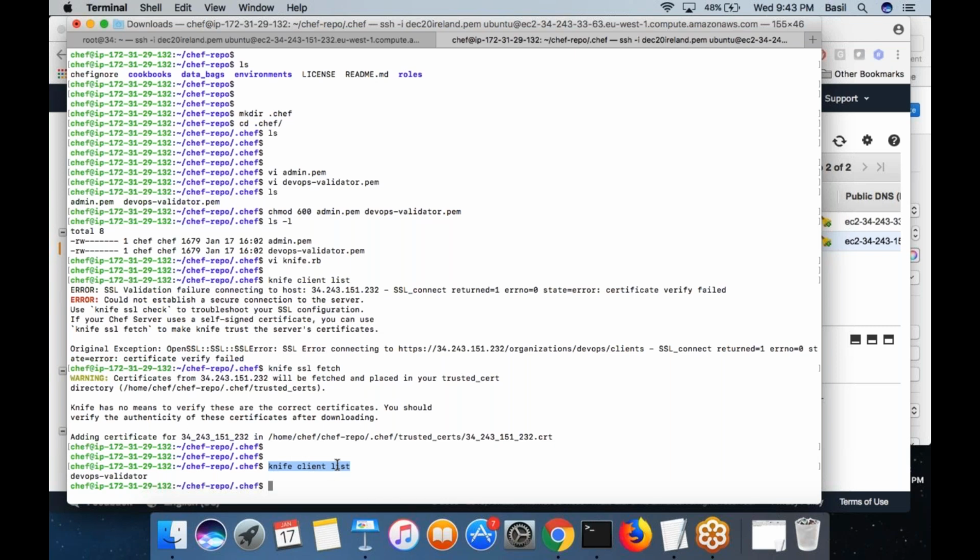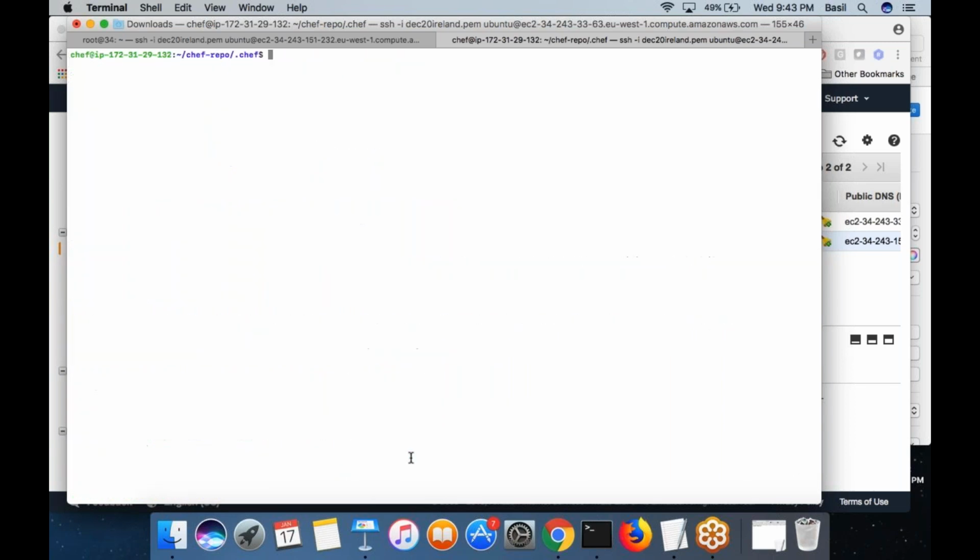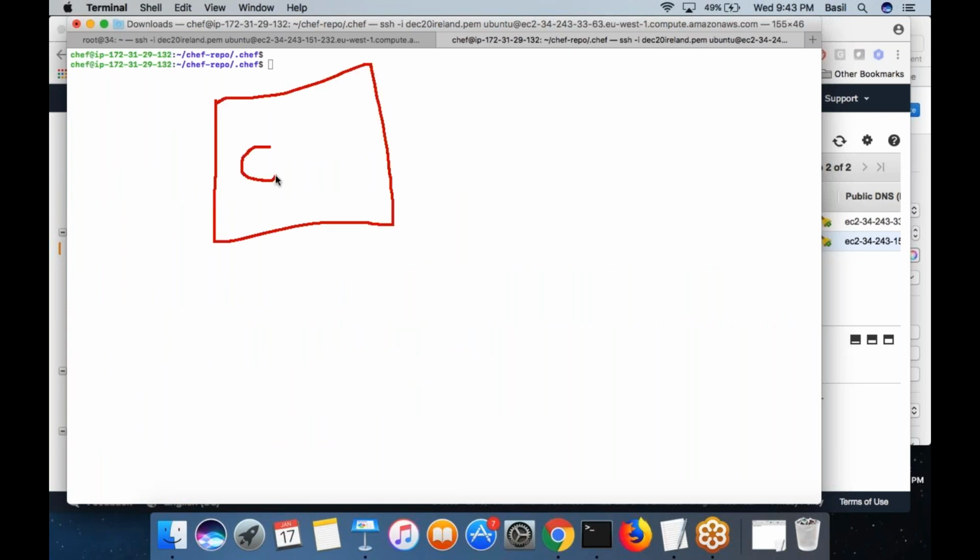So what I am going to do next, I want to add a new machine into the chef server. Of course, what you did first, you created a chef server which is looking good.